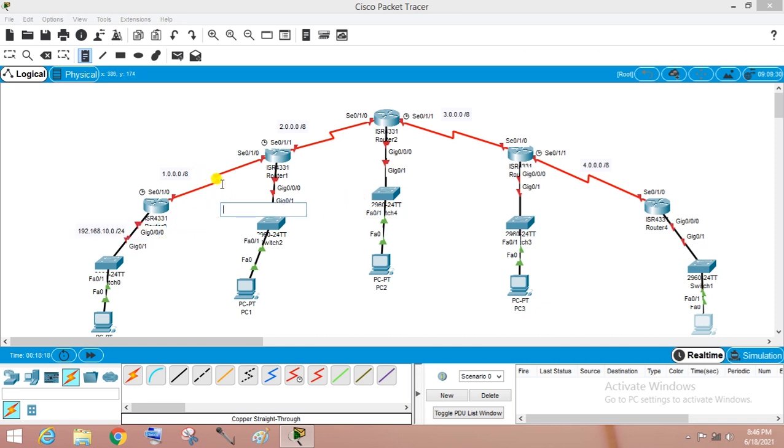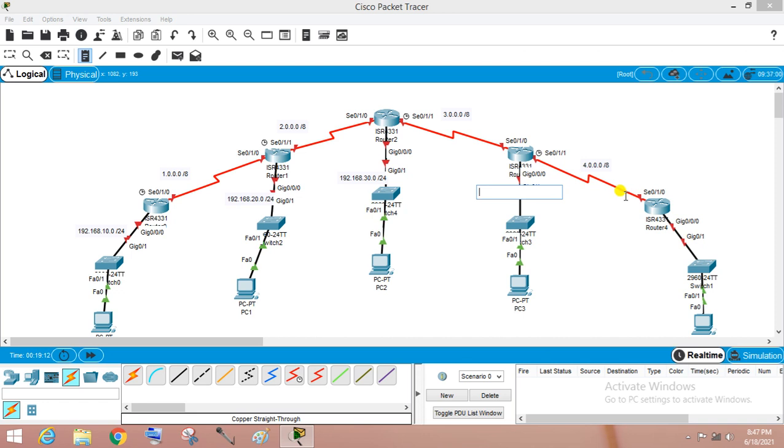Here we are using 192.168.20.0/24, and here we assign 192.168.30.0/24.